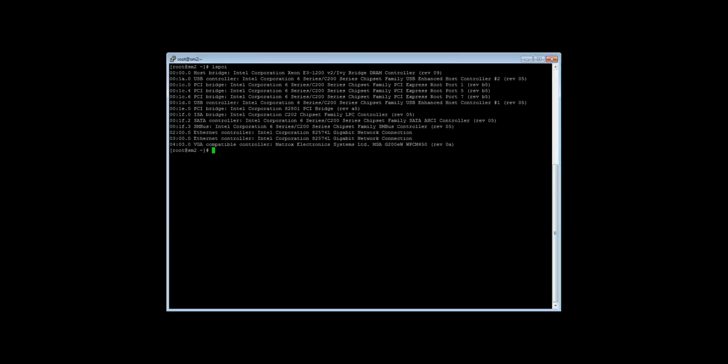We've got a Xeon D-1520, a single disk, some USB, and there's 8 gigs of RAM. Okay, yeah, if you just run free, okay, so 8 gigs of RAM, and df.